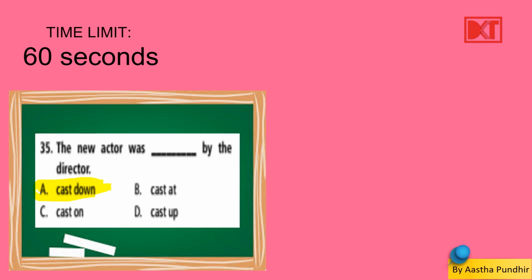All right, and we have others like cast at and cast on. Here cast up actually means measuring something, or we can say reproaching someone, while cast at and cast on are not really phrasal verbs that I am aware of. So I am not really sure if they are actual phrasal verbs and if they're used in regular conversations.